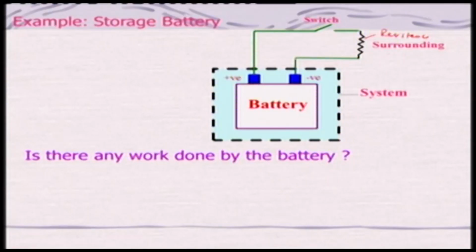So now I want to find out how much work is done by this. With the definition, that means a force acting and going through a displacement, or PdV work. Can I do that? So in other words, is there any work done by the battery? Of course it is being done. Am I right? Yes or no? Because otherwise, how is the resistance getting heating effects? If you measure the temperature near the resistance, you will find a change whenever the switch is on and the battery is connected to the resistance, right.